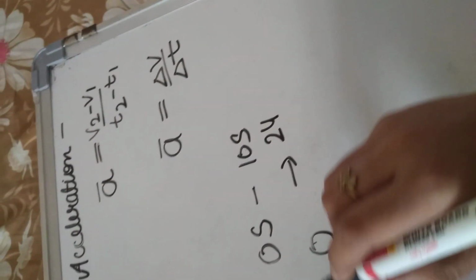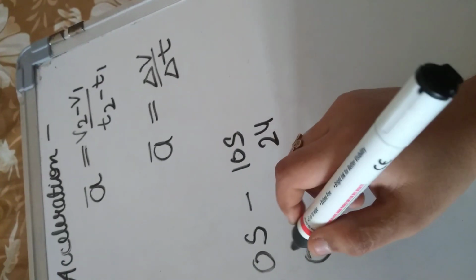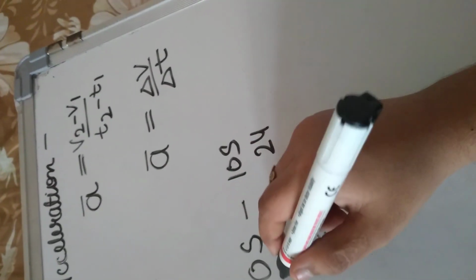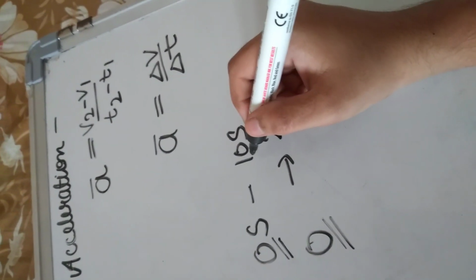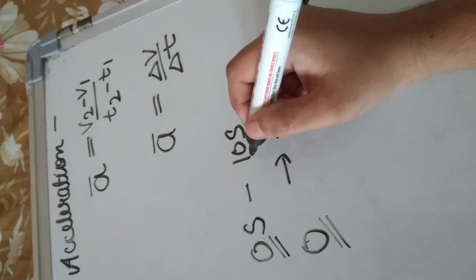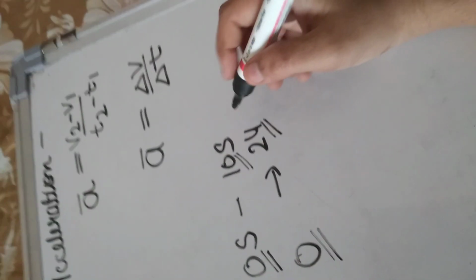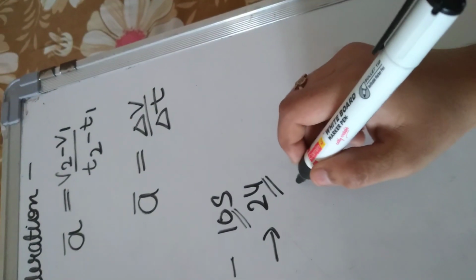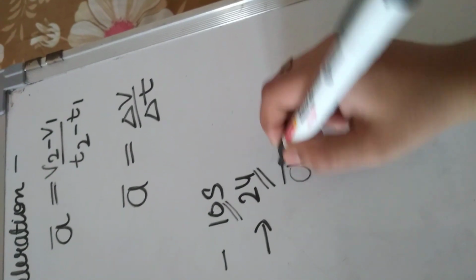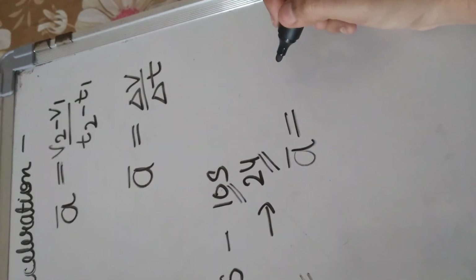So when it is at rest, its time is also 0 seconds, but when it has been moving, its time is 10 seconds and its velocity is 24. Here, how can we calculate an average acceleration? So we can do this: